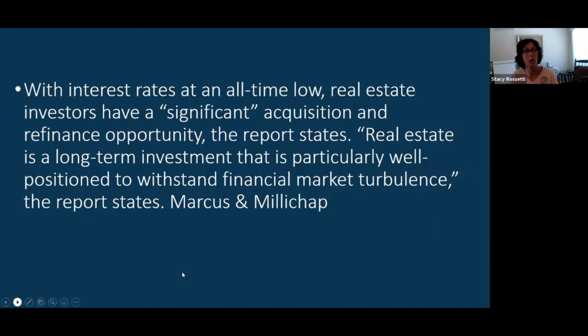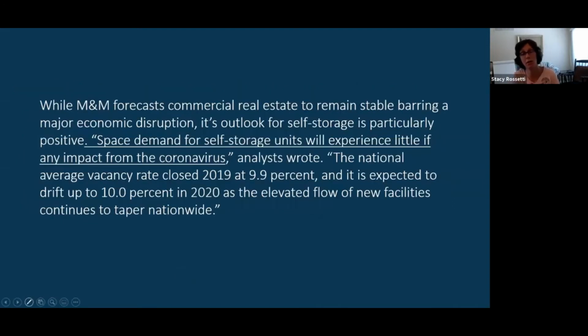And I agree with them on that. While Marcus and Millichap forecast commercial real estate to remain stable, barring a major economic disruption, its outlook for self-storage is particularly positive. Space demand for self-storage units will experience little, if any, impact from the coronavirus. The national average vacancy rate closed at 9.9% and is expected to drift up to 10% in 2020, right? So they're basically saying that the coronavirus is really not going to affect that much in the storage